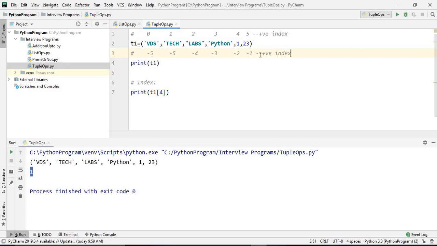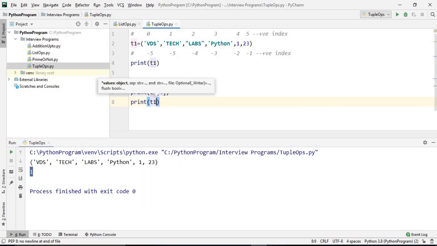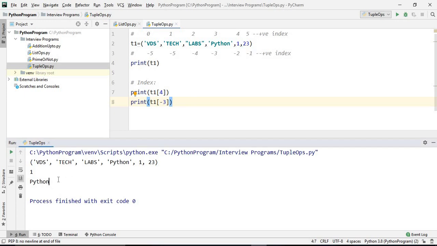So if we print a negative index, print T1 and -2, at -2 it is 1. Let's take -3. This is Python. Ctrl Shift F10, see, this is Python. So this is the positive and negative index.